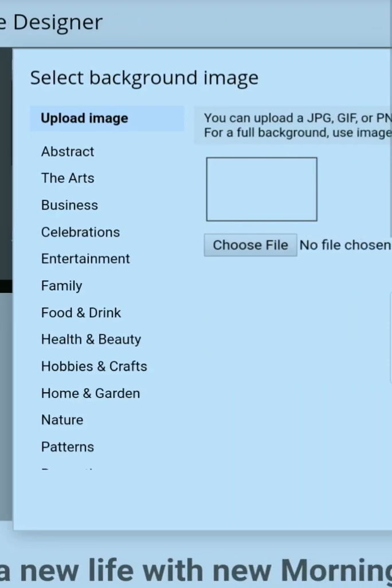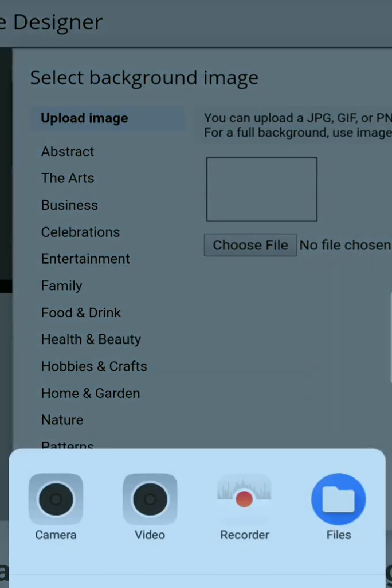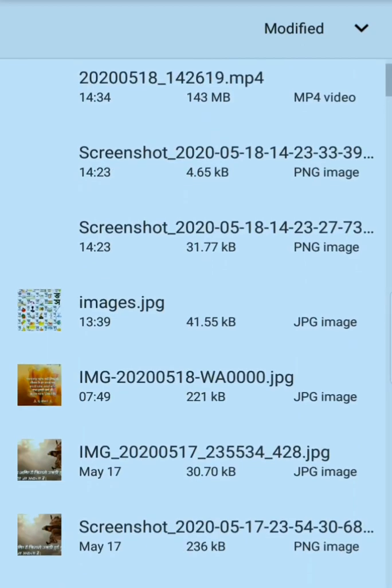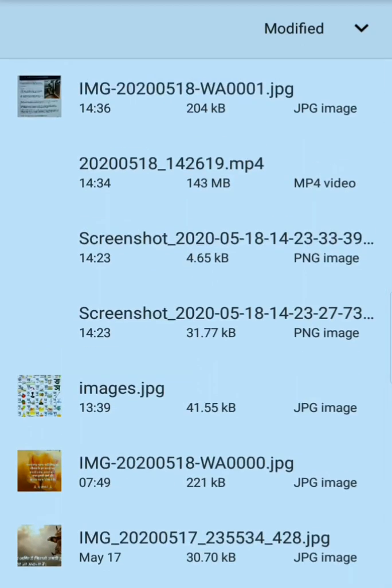So I'm choosing one image from my file manager. I've made it recently.